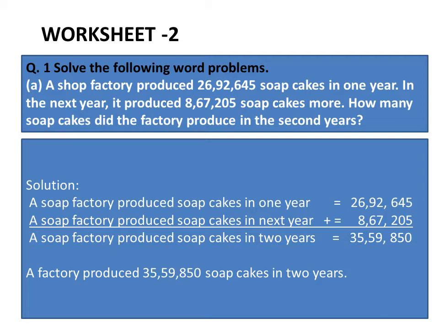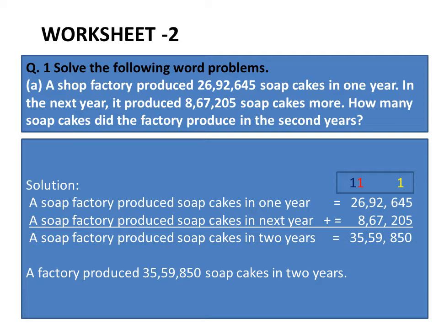As usual, we start adding from ones, then tens, then 100 and so on. So let's start by adding these two large numbers together. 5 plus 5 is equal to 10. So 0 we will write in ones place and carry 1 to the tens place. Then add the digit of tens place. 1 plus 4 is equal to 5. So 5 we will write in tens place.